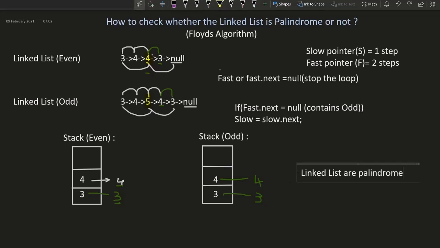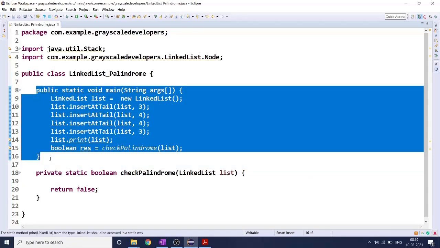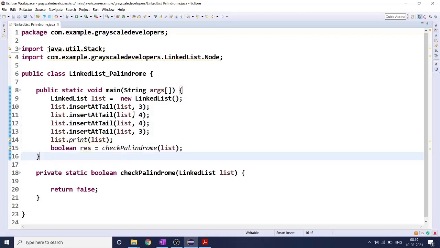So how to implement this diagram in code, we will see next. So guys, now we will see how to check whether the linked list is a palindrome or not in code. For that, I took a simple void main method as usual. Inside that I inserted nodes like 3, 4, 4 and then 3, insert at tail.